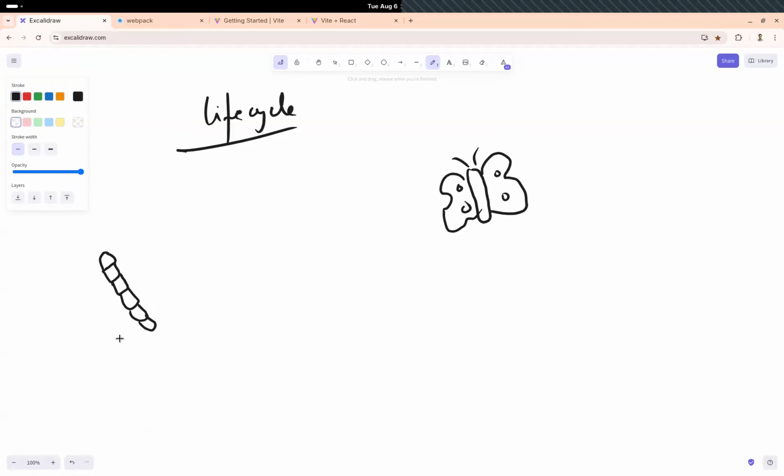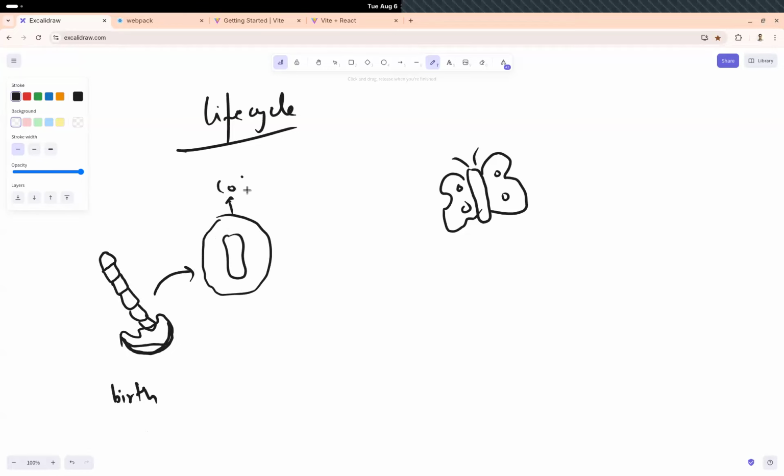They'll be born in an egg of course, and then the egg hatches. So this is their birth phase. उसके बाद क्या होगा? It will start living its life, right? It creates a cocoon kind of thing. ठीक, अगेन जिनको नहीं पता है, cocoon एक kind of blanket की तरह वो अपने आसपास बना लेते हैं. And then from here it gets converted into a butterfly, right? This is called metamorphosis or something, right?